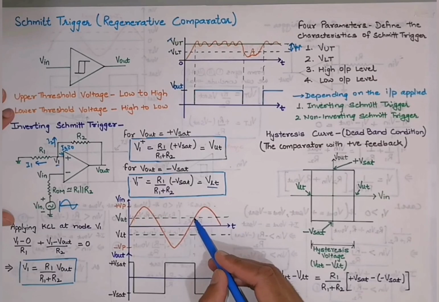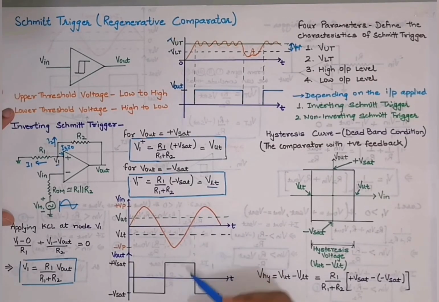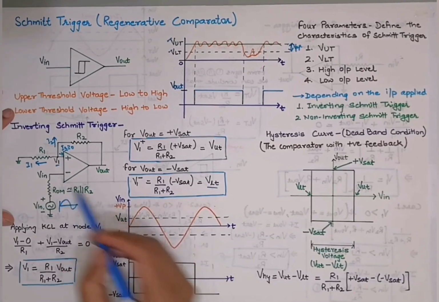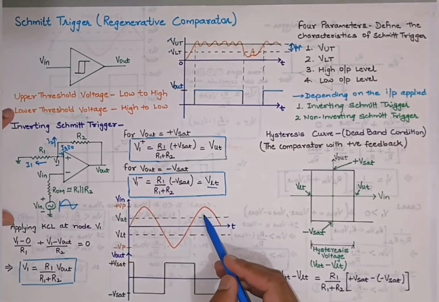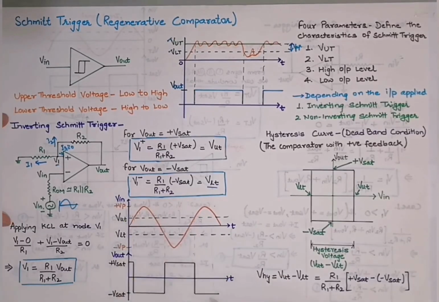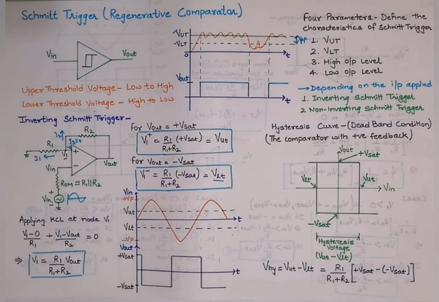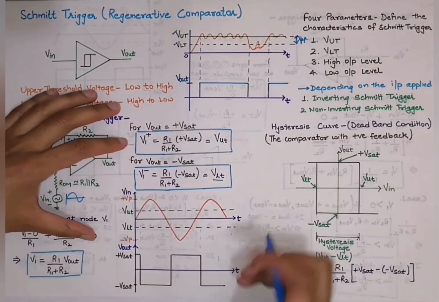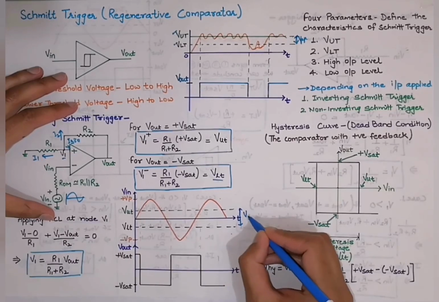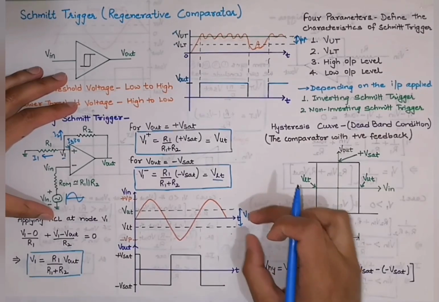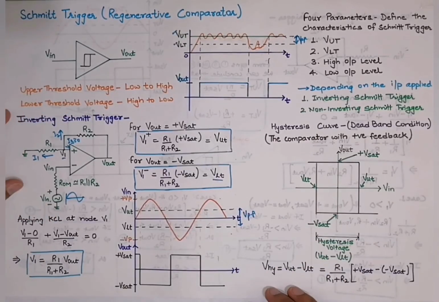So when it goes beyond the upper threshold value, only then there will be a transition in my output, and then again my inverting terminal input will be greater than the non-inverting terminal, and my output will move to minus V saturation, and this process continues. This type of system provides us immunity in this range. If the peak to peak amplitude of the noise is lesser than this, then this system will be immune to all those noises.